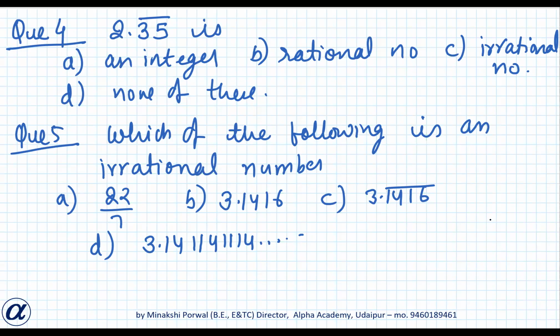2.352. Is it a rational number? It is a rational number, okay? Because even if it is not terminating, it is repeating. Okay. Yes. Now you can mute. Avni, can you tell me the answer of question number 5? Yes, D. Okay, good. Because it is non-terminating, non-repeating. Okay. So these are the correct answers of both.